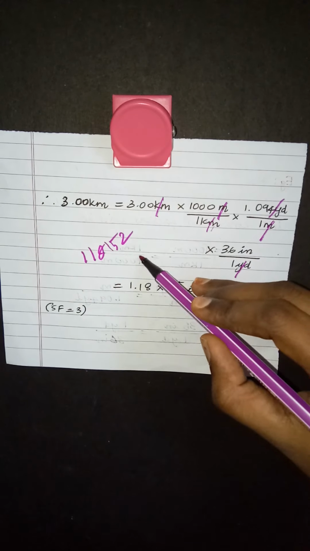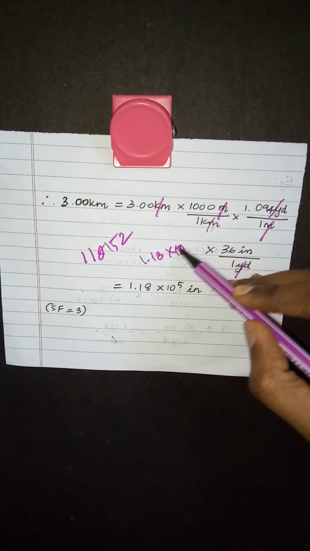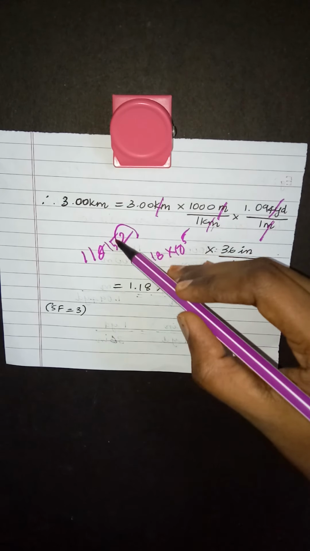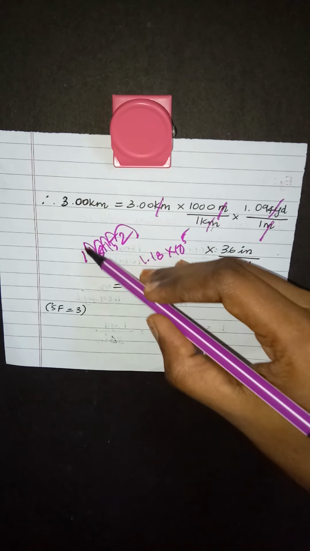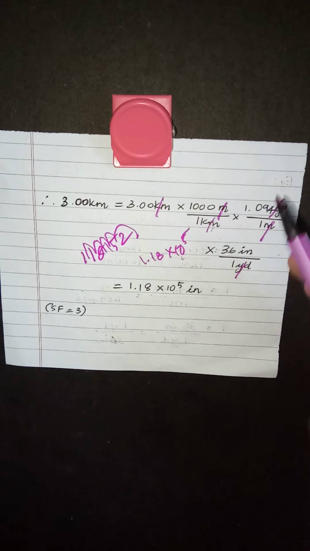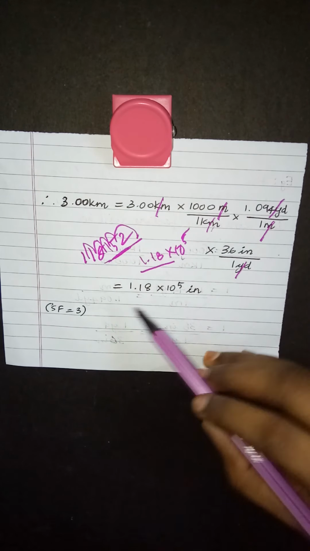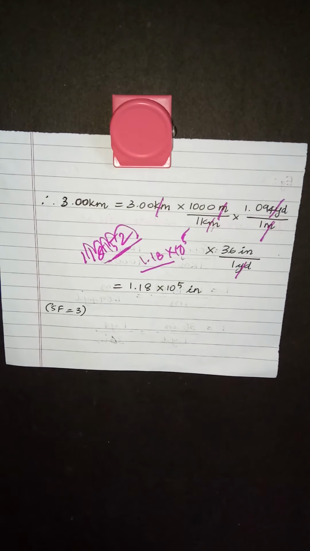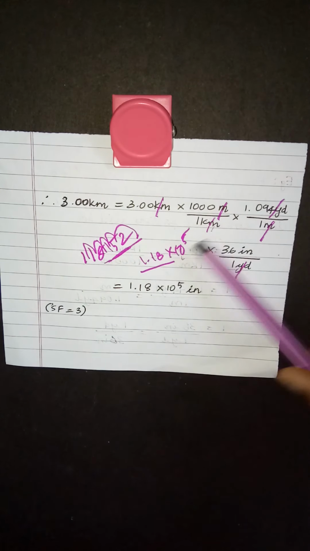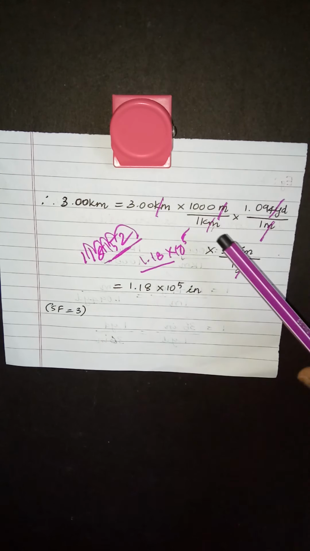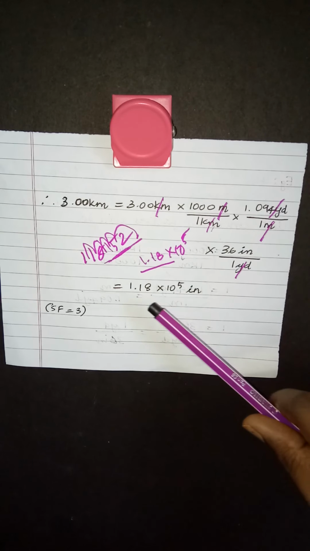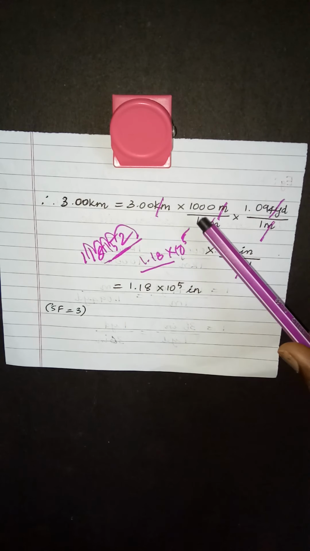And this is written as 1.18 into 10 to the power 5 because the decimal is here, 1, 2, 3, 4, 5 digits you are moving, so you are putting 10 power 5. But why am I writing only 1.18, why am I not including all this? Remember, in the previous video I told you about significant figures. When you are multiplying values like this, you have to report the answer in such a way that it has the least significant figure as in the question.